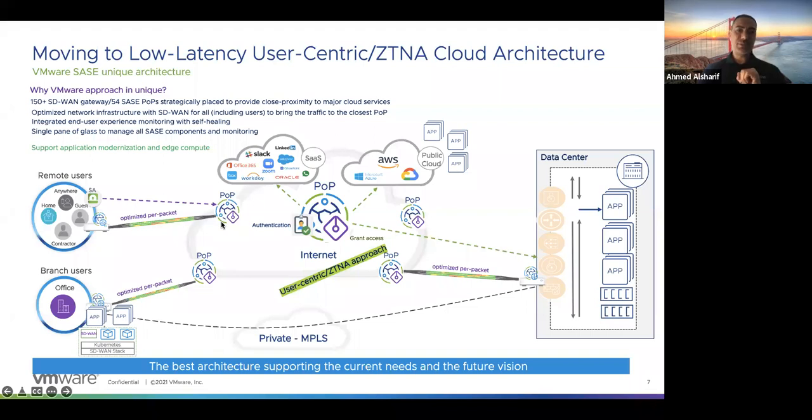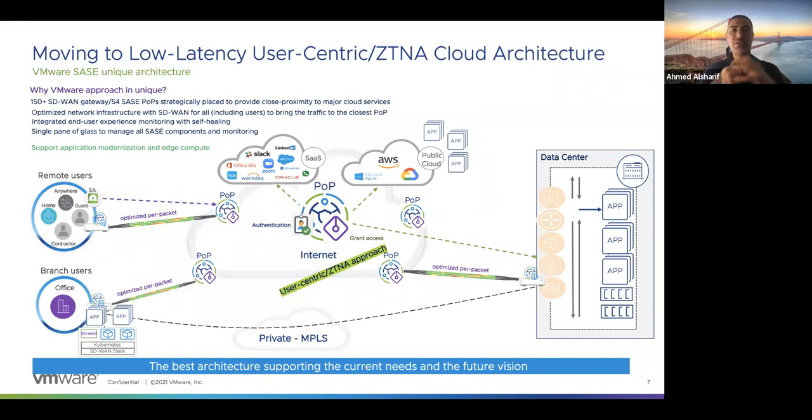One of the roadmap items that we have is VDI termination. We know if you have a customer who has VDI users, and now with the pandemic, they start sending these guys back home to work from home. And I have a lot of customers, when I was at the partner, having this problem. The user was working very well when he was within the data center or within high-speed access to the data center. And you send him home with the VDI client, and then all the traffic has to be backhauled to the data center, and the application performance was very, very bad, especially for contact center agents.